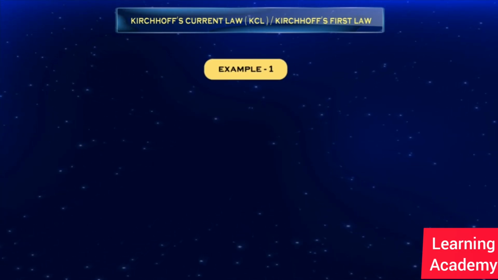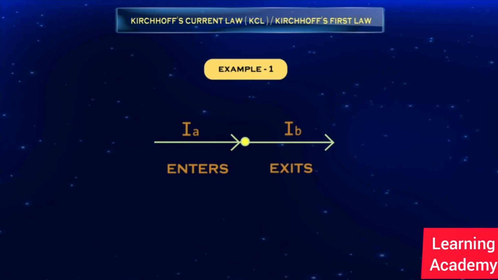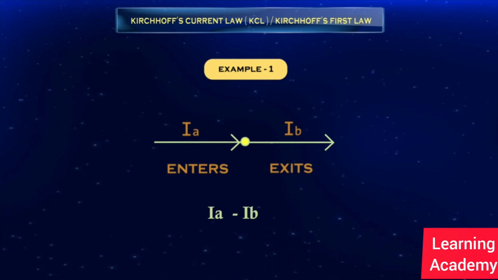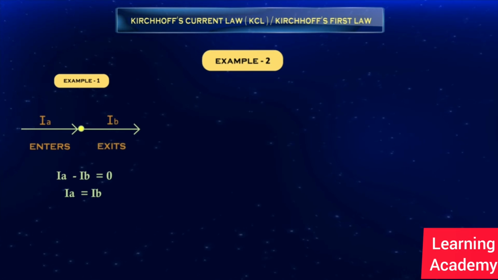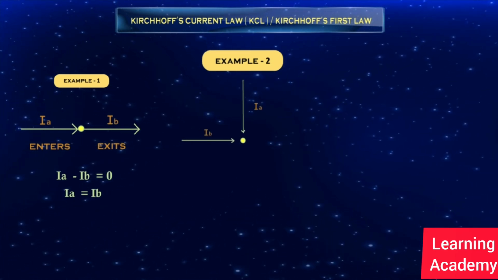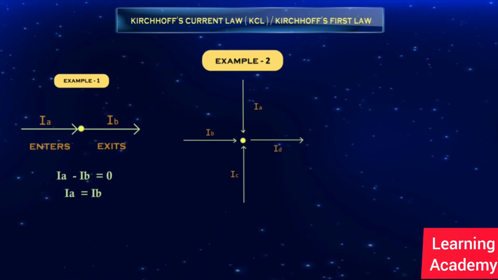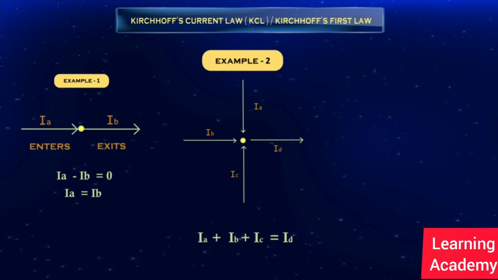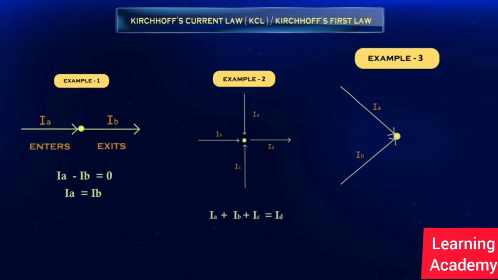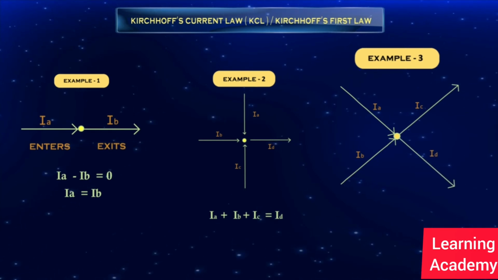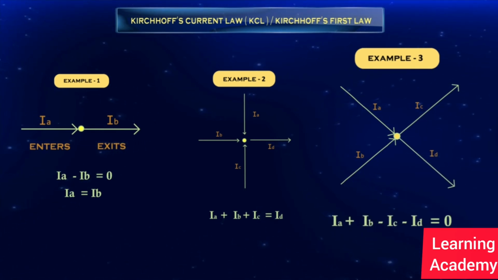Let us consider some other examples and apply the KCL. Example 1. In this example, the current IA enters while IB exits. So, the equation becomes IA minus IB is equal to 0. That is, IA equals IB. Example 2. In this example, the currents IA, IB and IC enter, while ID exits. So, the equation becomes, that is, the sum of the currents IA, IB and IC equals ID. Example 3. In this example, the currents IA and IB are entering the node, and IC, ID are leaving the node. So, the equation becomes, that is,